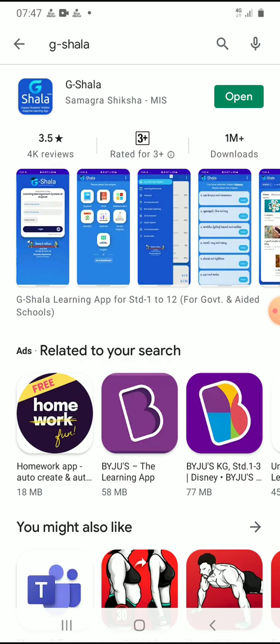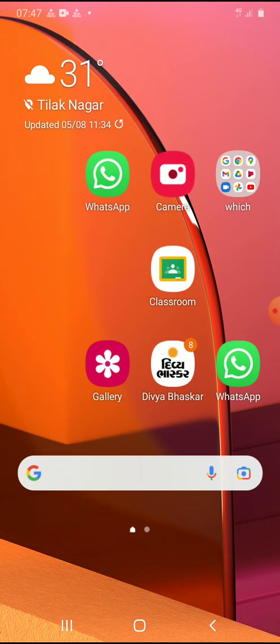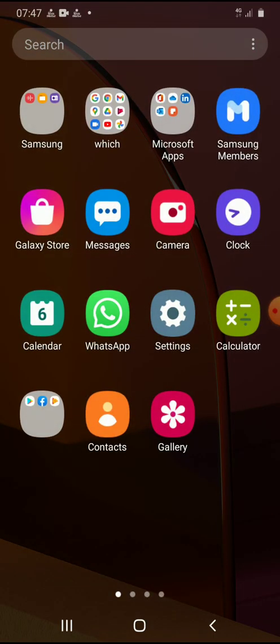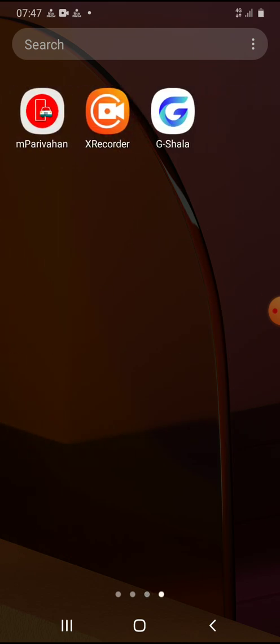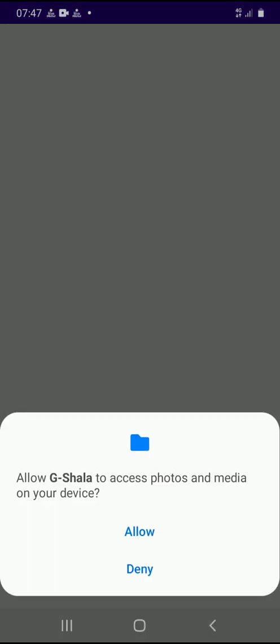You have to install it, and after you install it, you have to find it on your screen like this, and open it. It asks for photos and media permissions.